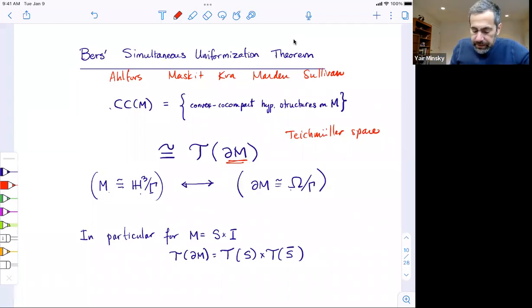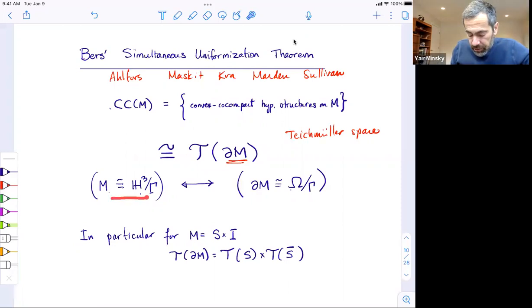Anyway, so there's a correspondence then between convex co-compact hyperbolic three-dimensional structures and conformal structures on a surface. And what is the correspondence? Well, it's exactly what we said before in the definition. If you have a convex co-compact structure, then it's a structure on M, but by definition